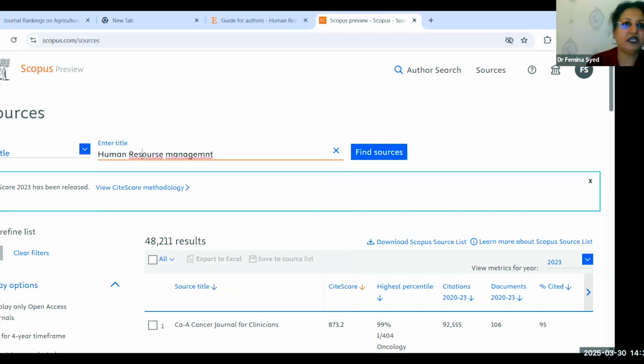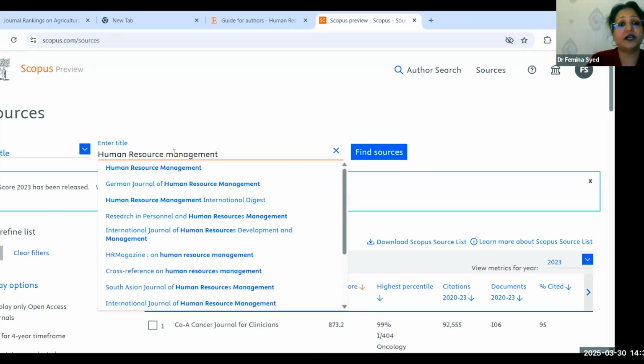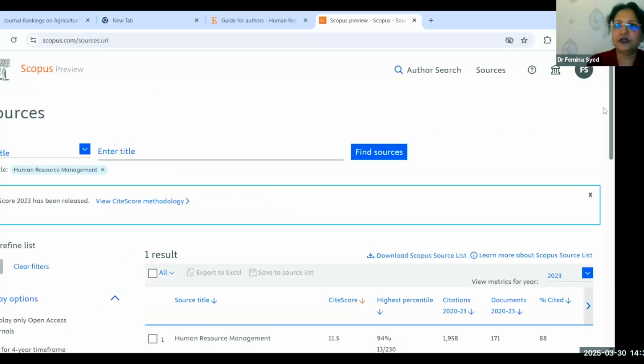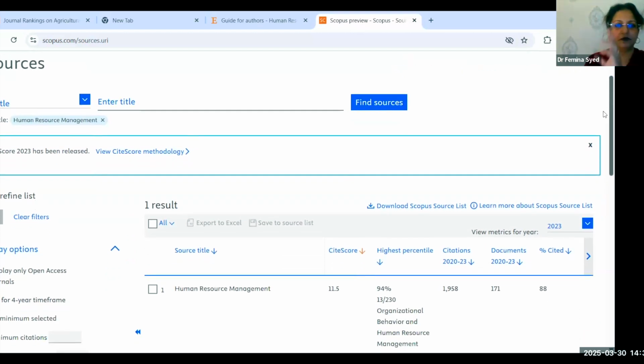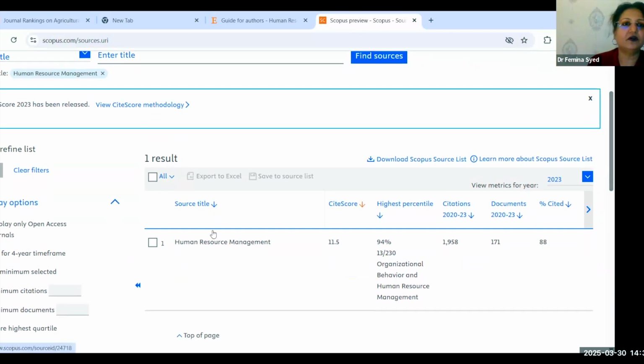If you need that particular window, just Google search how to do document search via Scopus. Then you will get a YouTube video on that. So you can understand how to download all the articles after filtering, and then convert it into an Excel, and then read the abstracts over there, and then you can select them for the literature review, and even for selecting the variables of your study. Now see, so here, click on this. I have searched for Human Resource Management Review.